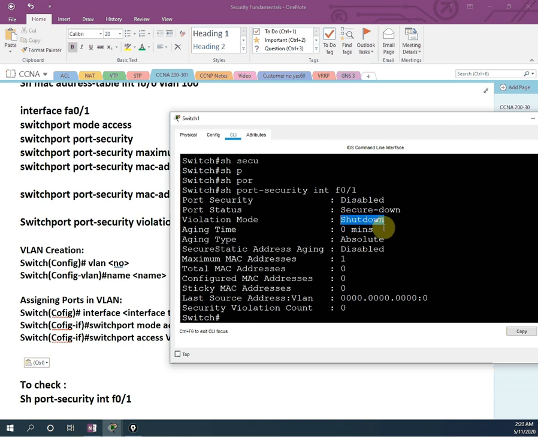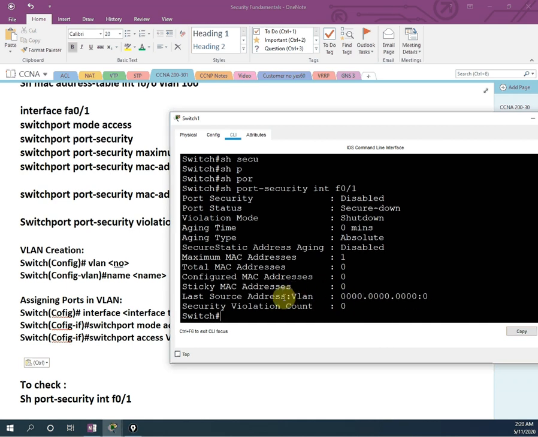So when the guy comes next day, the manager will connect, but he cannot access the server. He will call you saying he has some problem, so you can check and enable that port. And here the MAC address of whoever connected last will come, and the violation number also, how many times we have had a violation. So now no security is enabled.